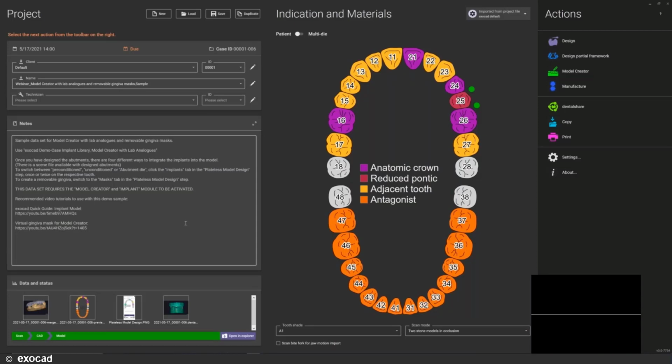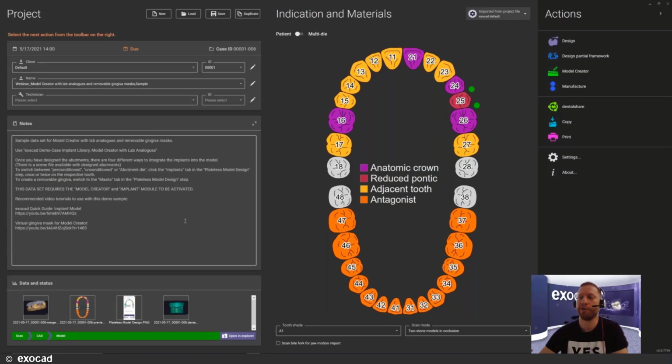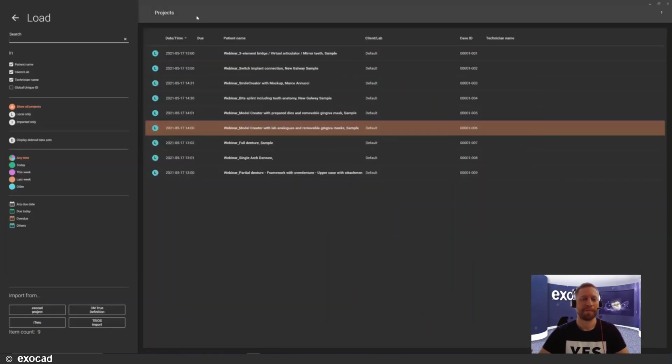Maybe the question, can you hear me? I can hear you very fine. Maybe the question was, not sure that it was very clear what this blue arrow for main insertion for the model means. What main insertion of the model? This? Yes, they have die insertions and the model main insertion. Maybe you can explain it again.